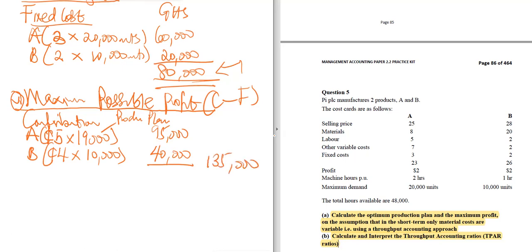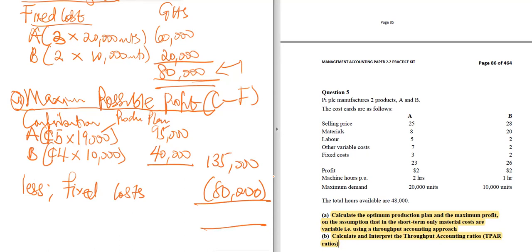So now that we have our total contribution, we less the fixed costs, that is 80,000. So once we take it out, 135,000 minus 80,000 gives us 55,000. And this is our maximum profit. Okay, so that is it. So under a marginal costing scenario,